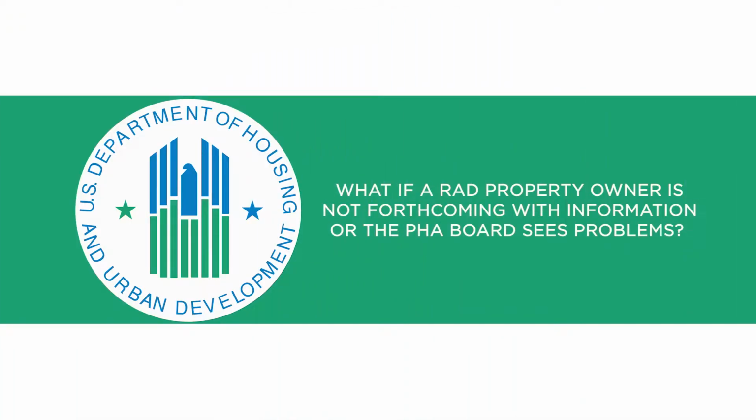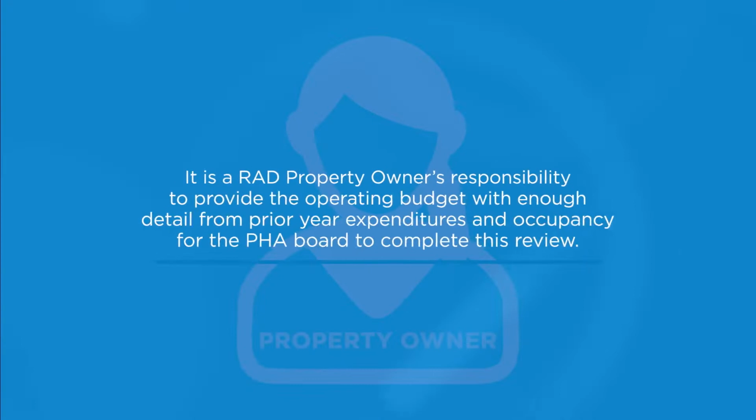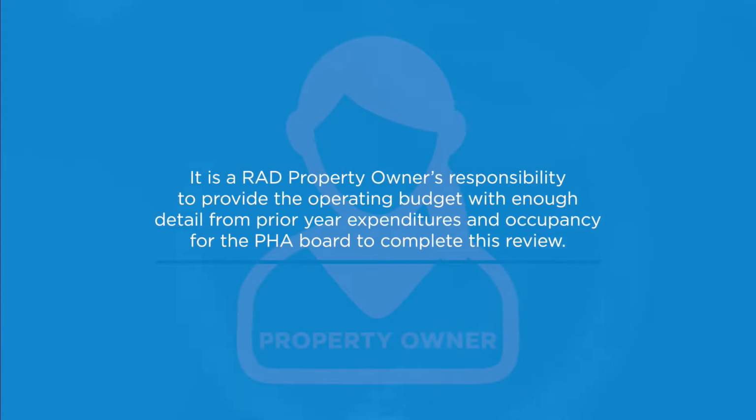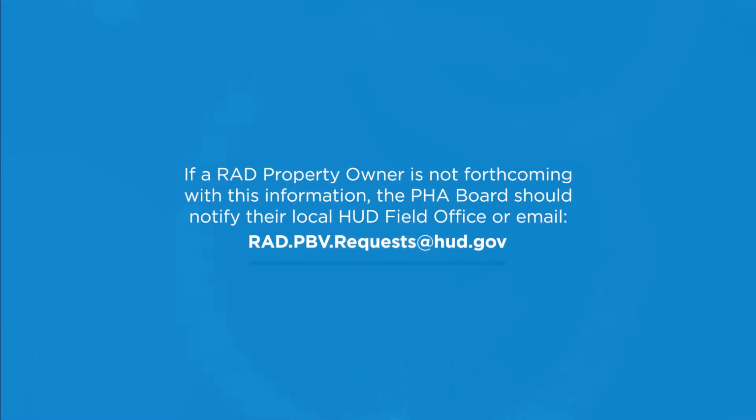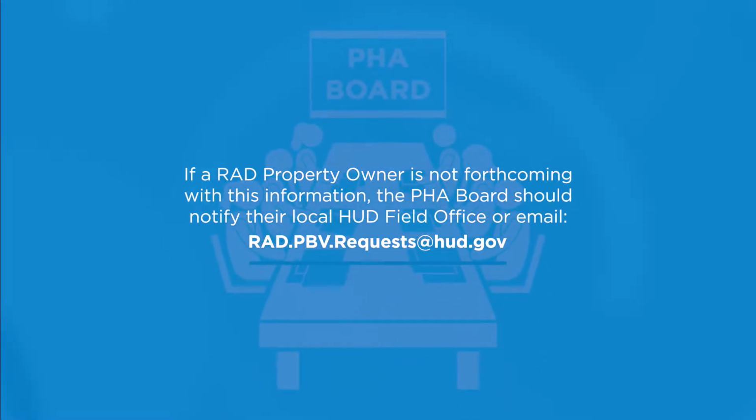What if a RAD property owner is not forthcoming with information or the PHA board sees problems? It is a RAD property owner's responsibility to provide the operating budget with enough detail from prior year expenditures and occupancy for the PHA board to complete this review. If a RAD property owner is not forthcoming with this information, the PHA board should notify their local HUD field office or email